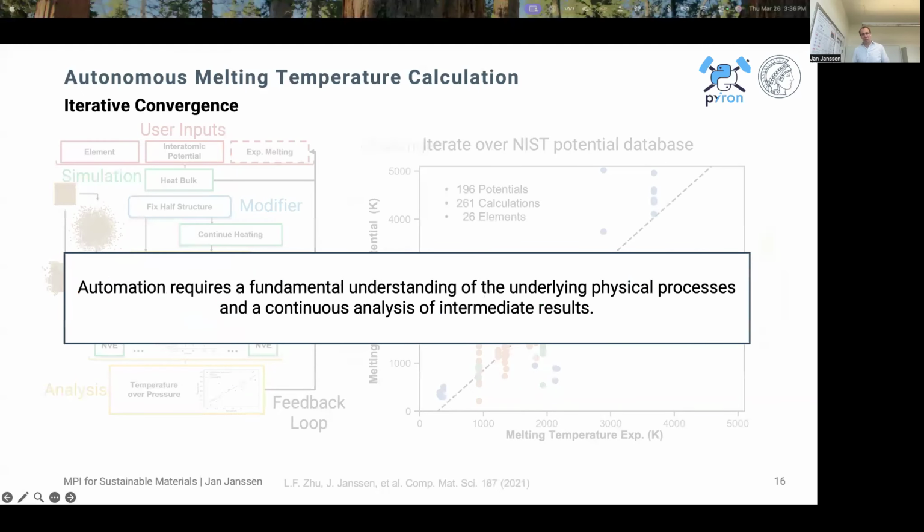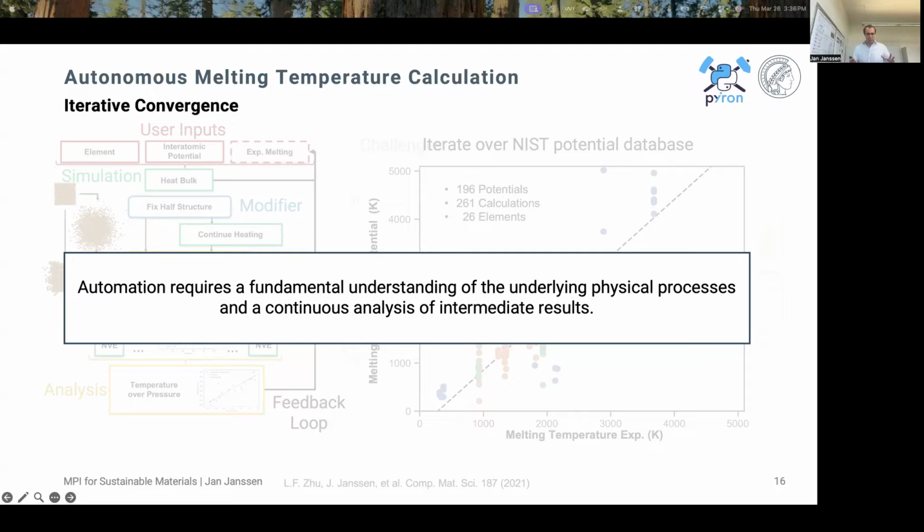Just to emphasize this again, the automation really requires a fundamental understanding of the physical processes and continuous analysis of the intermediate results. In an experimental setup, we would maybe continue, and only when something goes wrong would we go back and check: where did something go wrong? How can we optimize this? What we learned to go from automated to autonomous is this important step of checking after every step: are we in the state that we expect? And if we're not, have a feedback loop to go back, modify the result, maybe modify the inputs, to then make sure that we are directly in the state that we can analyze and